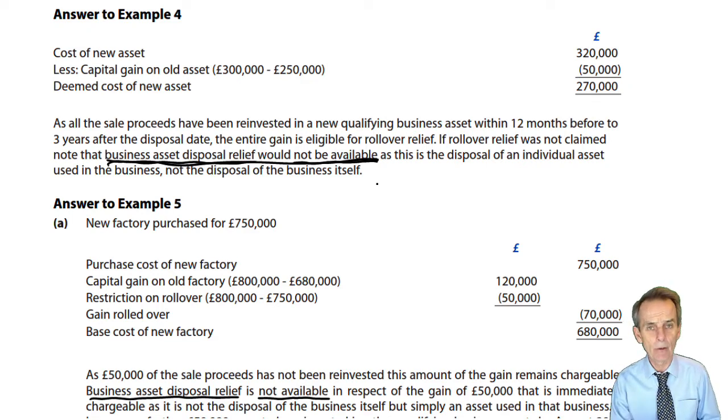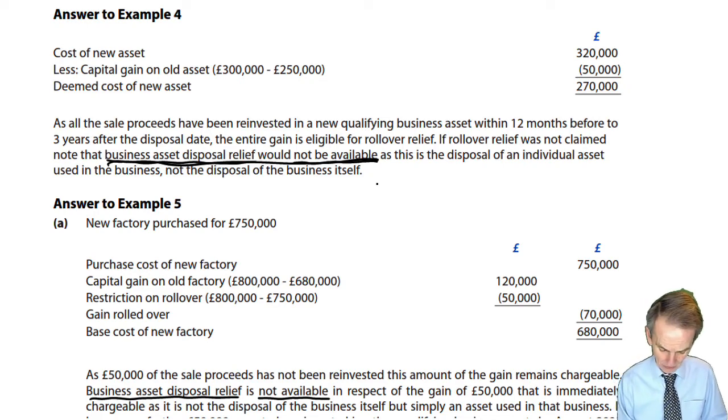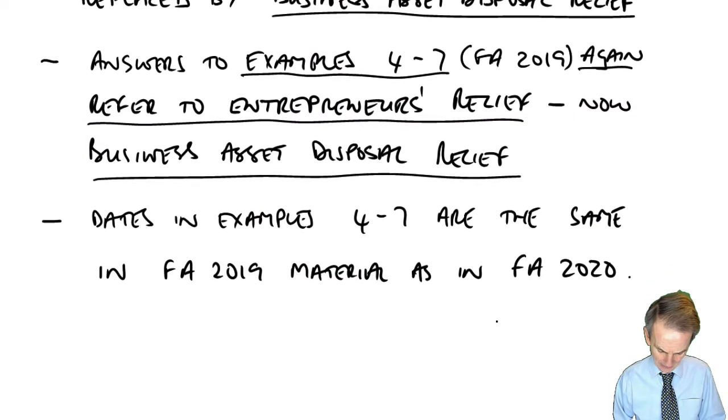And in every one of the examples, we say that in the absence of rollover relief to allow a deferral of the gain, if that gain became chargeable, you're not selling the business, you're selling this individual asset, and that's it. We'll discover that the asset in question, so far as the rules back then in FA 19 and now, and as much as they have ever been, the business asset that we'll be looking at is basically a property used within the business, a business property. Sell one, buy one there. Now what we've also got here, I'll just take you back to that.